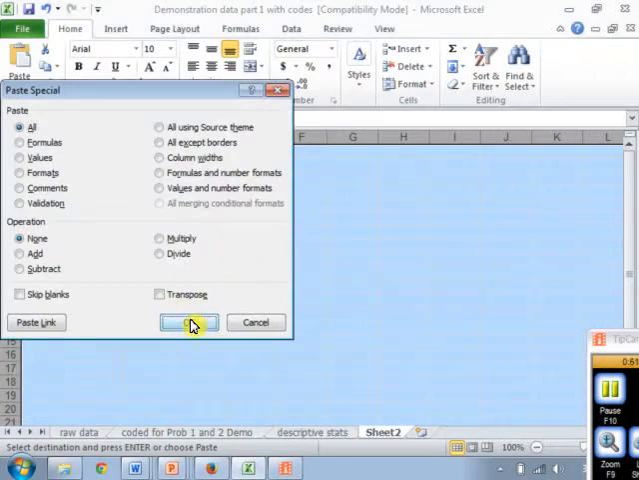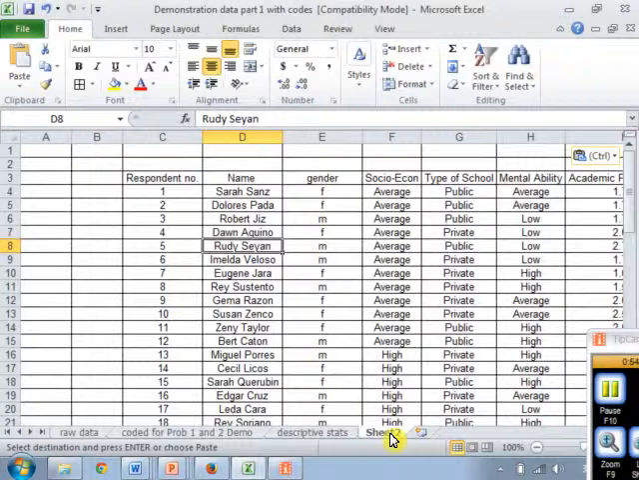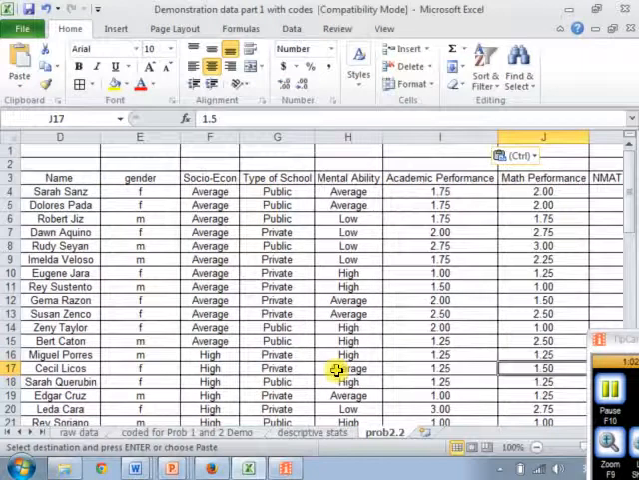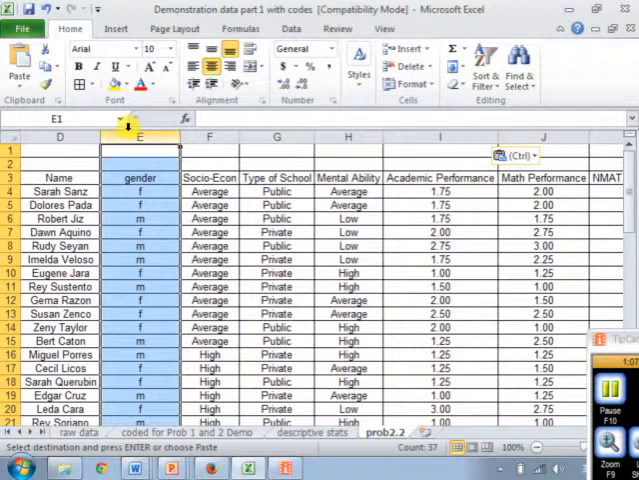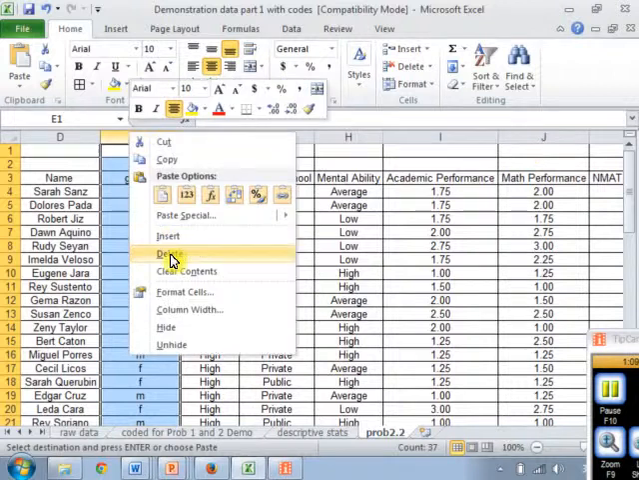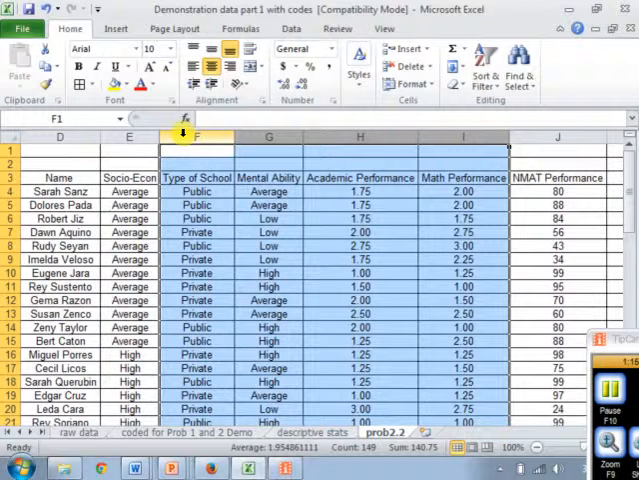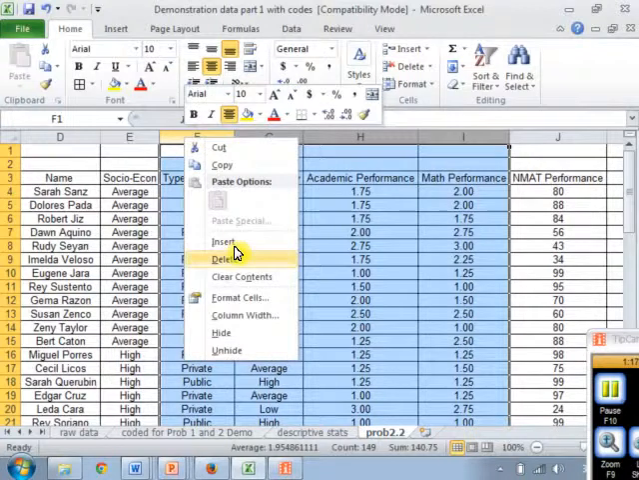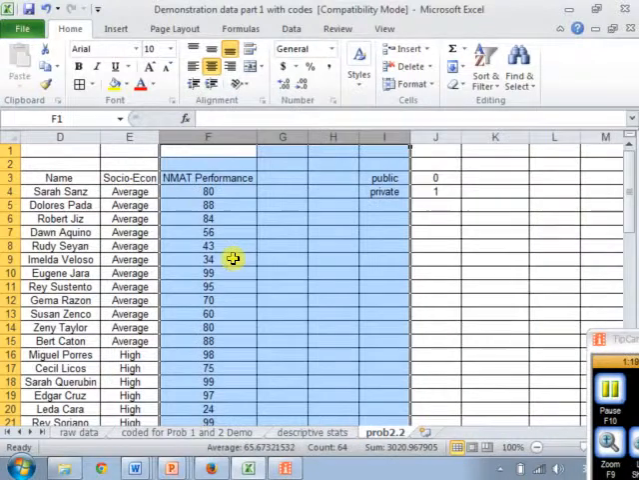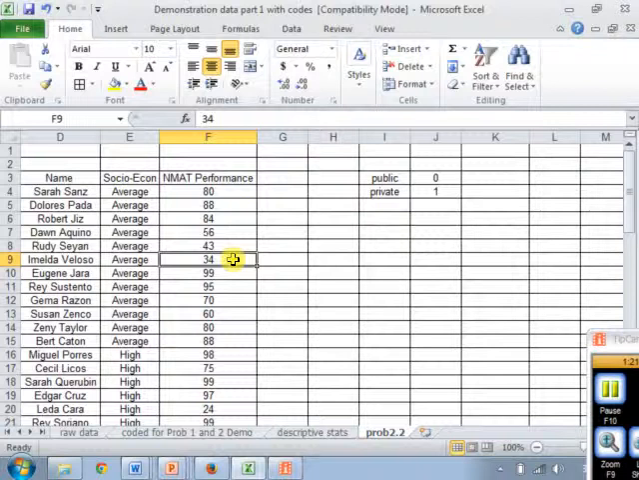Raw data. And then maybe I'll label this because this is going to be for problem 2.2. What is the NMAT performance when they are grouped according to socio-economic status? And maybe gender is not needed. That's why you can begin to delete. And then maybe these are not also needed, so you can delete that. So now you have the NMAT performance when they are grouped according to